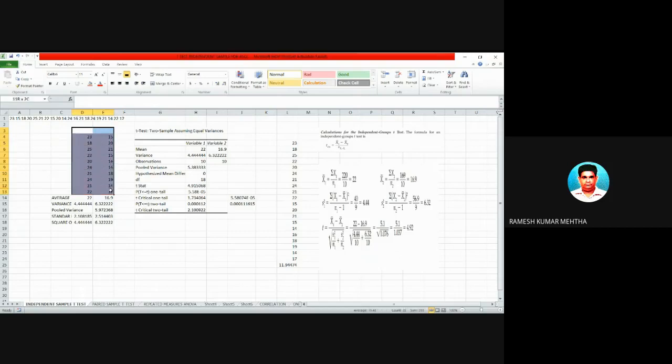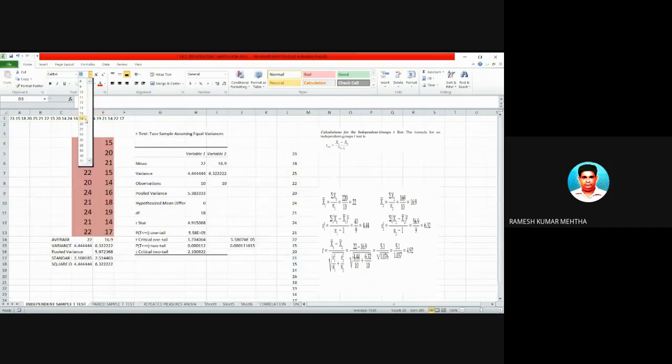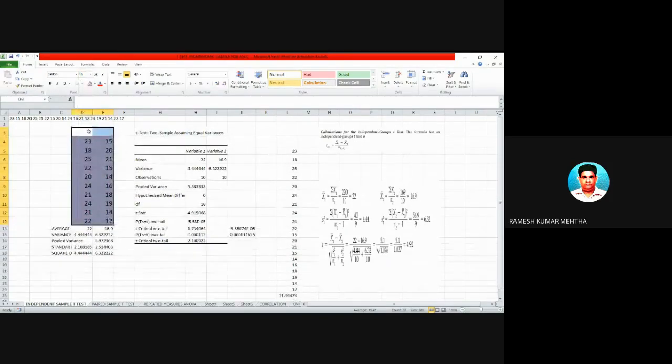So I got two sets of data and I am highlighting these two sets of data. The two sets of data are 23, 18, 25, 22, and so on and so forth. That is the value of the first independent sample and the second independent sample, which is X and Y. So 23, 18, 25, and 15, 20, and so on and so forth.